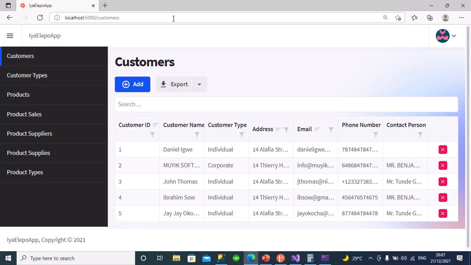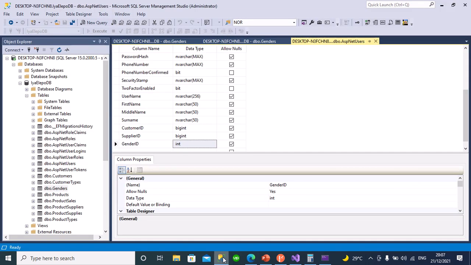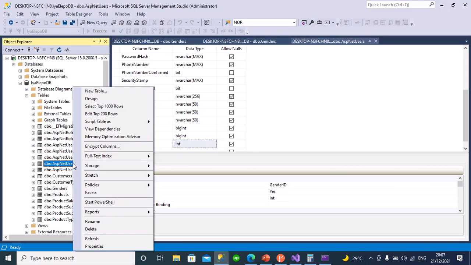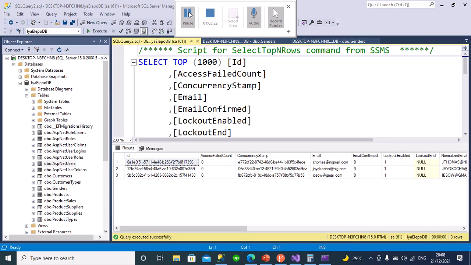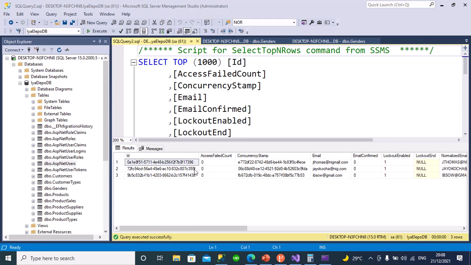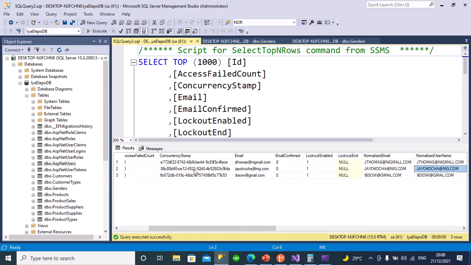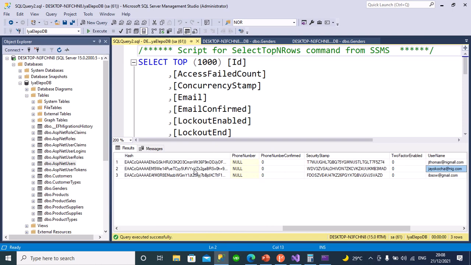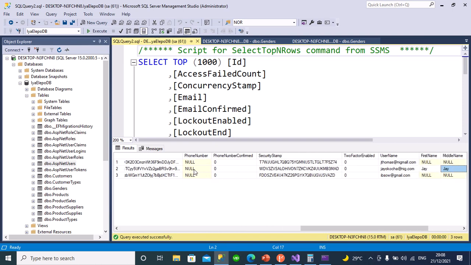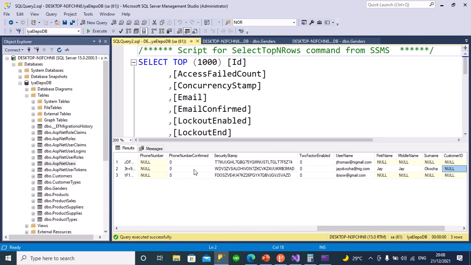So you go to customer. Now, it's been created. Now, to see whether it was actually done, let's open the Aspnet Users table. Let's right click on it and say select top 1000 rows. Now, let's examine the row for JJ Okocha in our database. This is the row. Are you following? Security stamp is the email. You can see it has updated the first name and